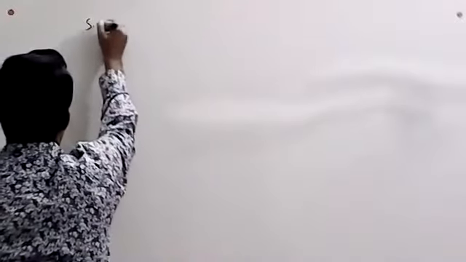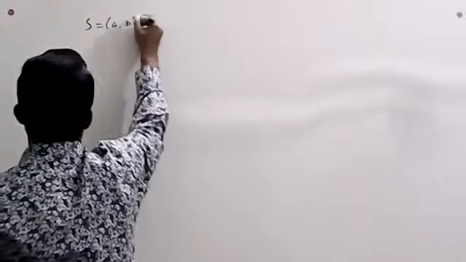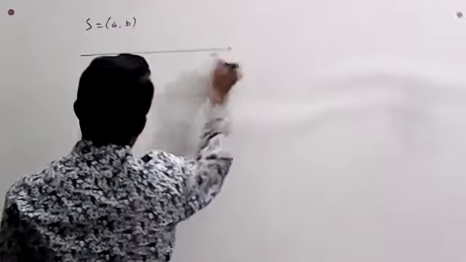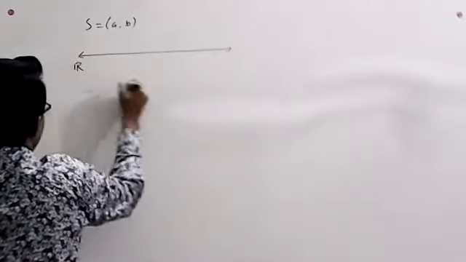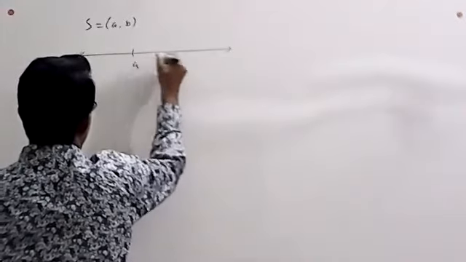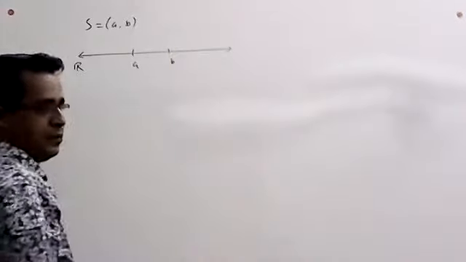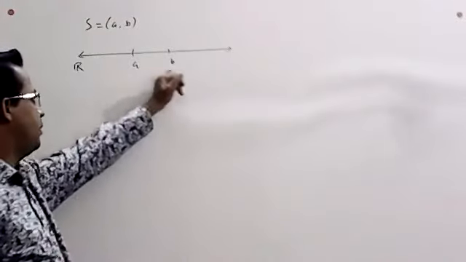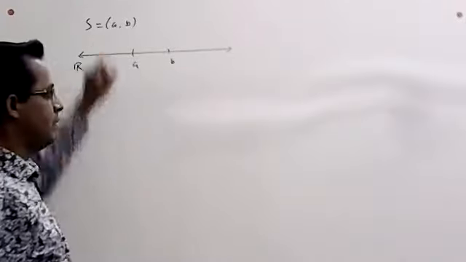Today, at first, we will try to discuss interior point and exterior point in brief. Suppose we have a set S with region of an interval AB. Now, if we draw a real line R, then this interval is located in such a way on the real line AB. Here, the points A and B are not included in this set.